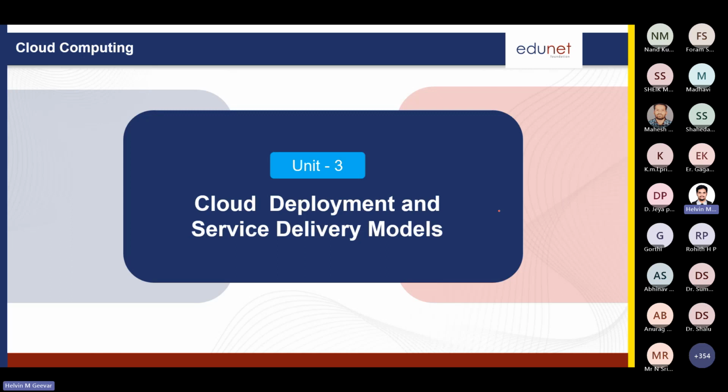So what are the cloud deployment and service delivery models? Deployment means how it is actually established, how the setup has taken place. Delivery model is how the service is being delivered. Just like we saw some services like container as a service, storage as a service, function as a service. We talked about those things, but generally we classify them into some